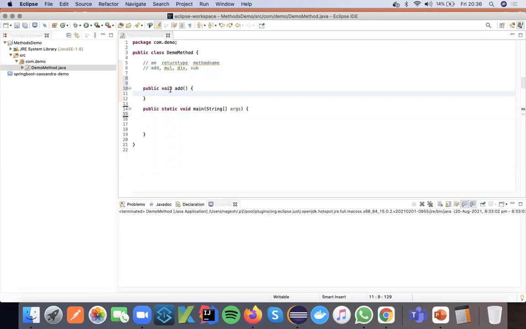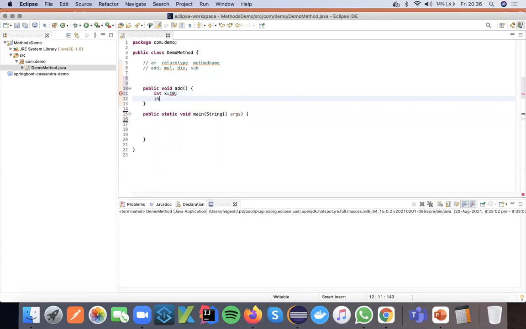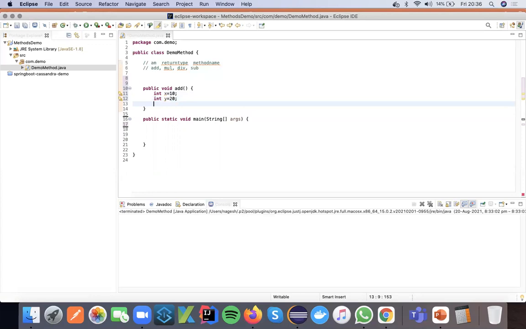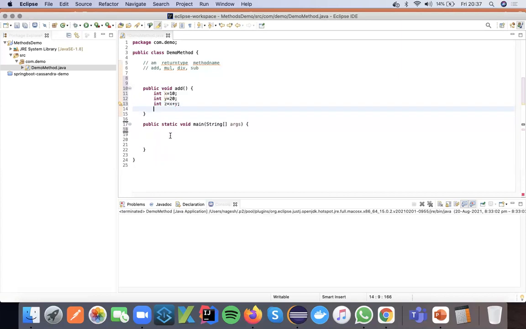See, for example, public void add. This is the add method. Here I am performing one operation: int x equals 10, int y equals 20, and int z equals x plus y. And I have another method, public void addition, changing the method name to addition.